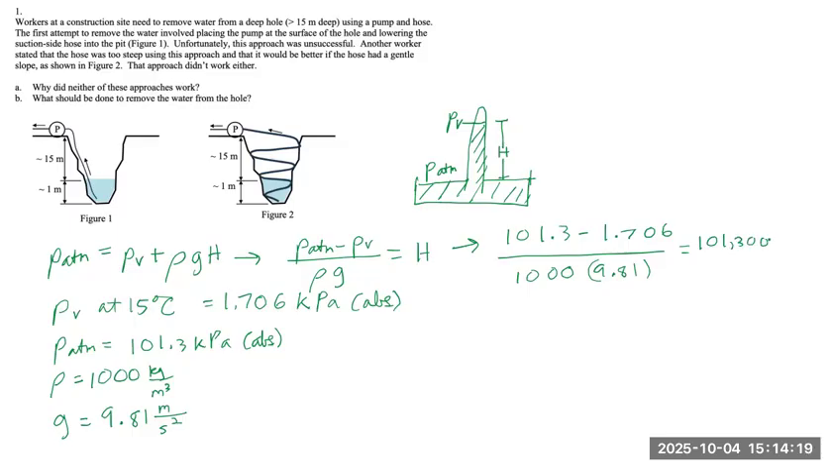Calculating this, we have the height equal to 101,300 pascals minus 1,706 pascals, over 1,000 times 9.81. And this is equal to a height of 10.2 meters. Our conclusion is that it is not possible for atmospheric pressure to push the water a height of more than 10.2 meters